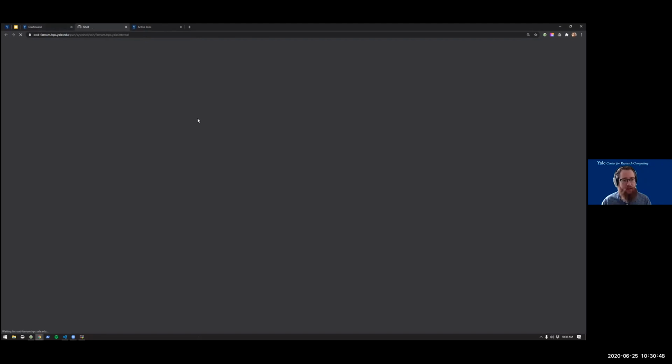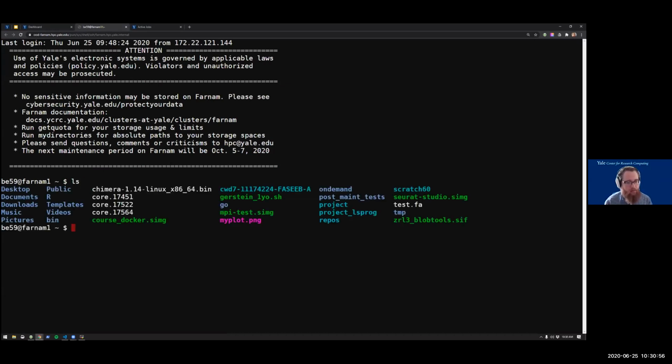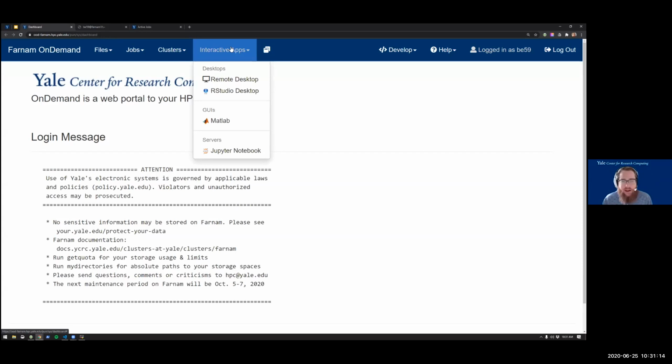The next is a shell window, so I can run a command line interface shell and use all of the Linux commands here, and not have to manage a separate client and not have to remember where my keys are. So this is really nice. And finally, we have some interactive applications that you can launch.